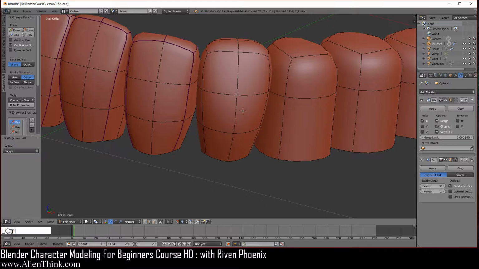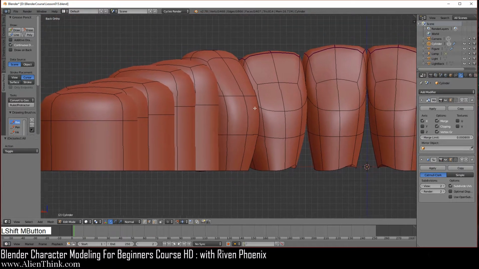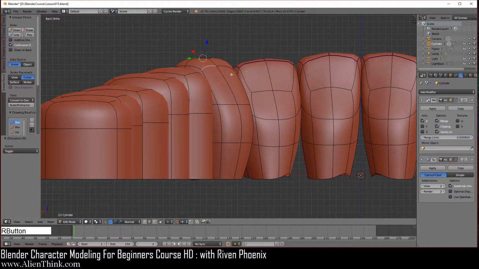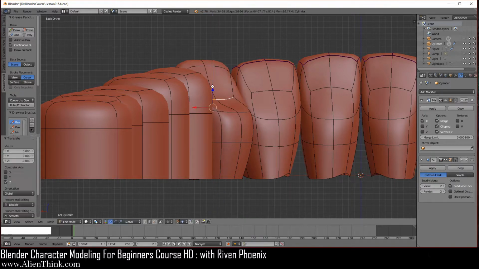So now let's do Control 1 to look at this from here. So we're going to click on this one, shift key down this one. So I'm just going to switch to global over here. Okay, now click on the blue arrow, come down 1, 2, 3, 4, 5, 6, 7, and then 8. Then click on this one, shift key down this one. Do 1, 2, 3, 4. Then shift key down this one and this one.